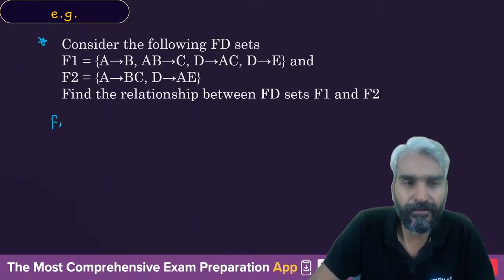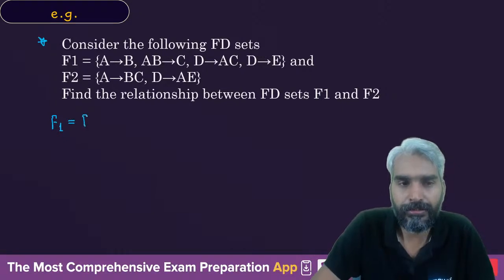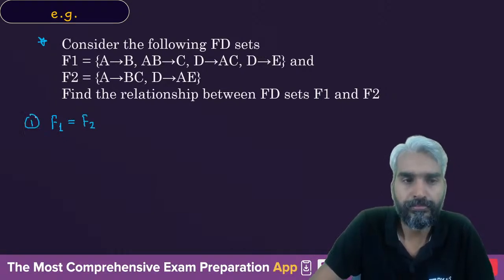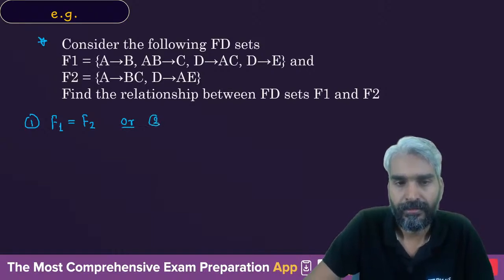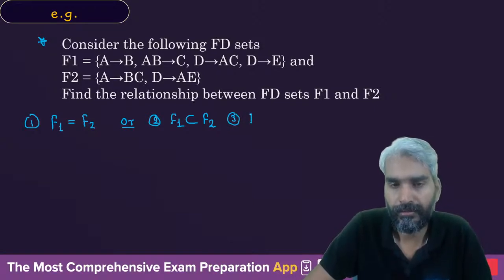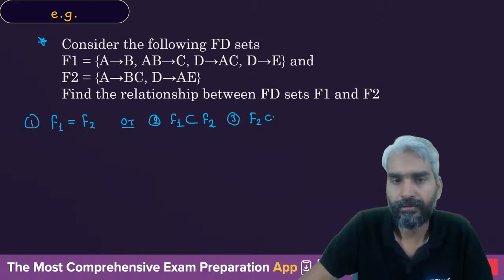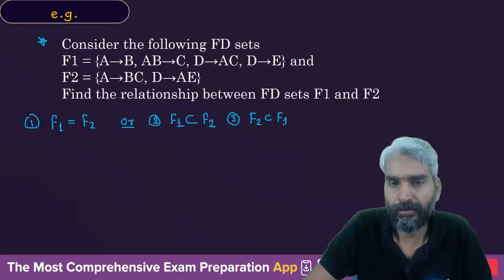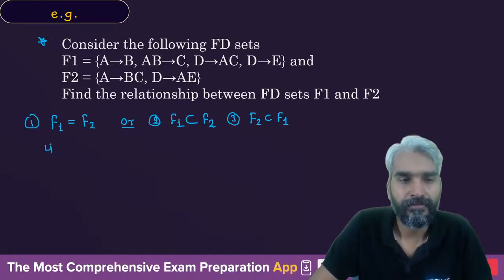Either F1 will be equal to F2, or second, F1 will be a proper subset of F2, or third, F2 is a proper subset of F1,